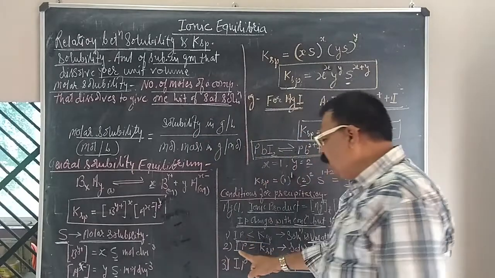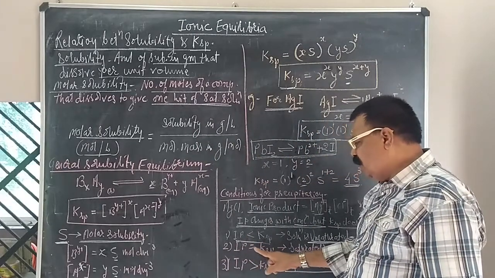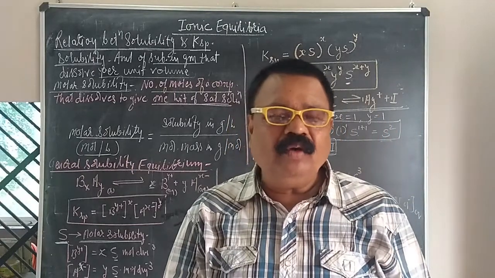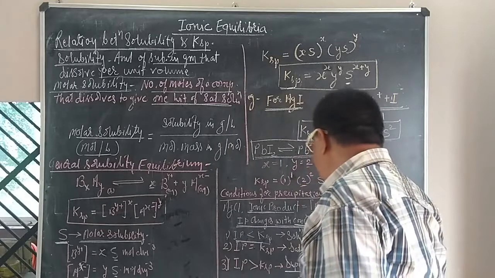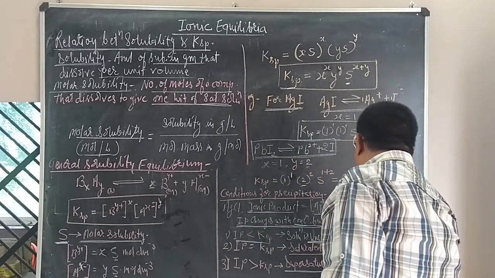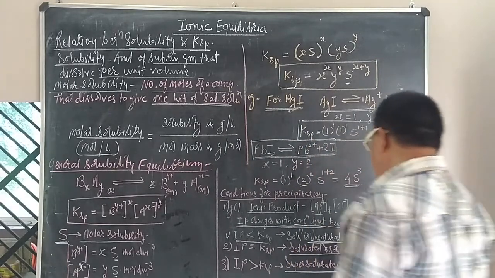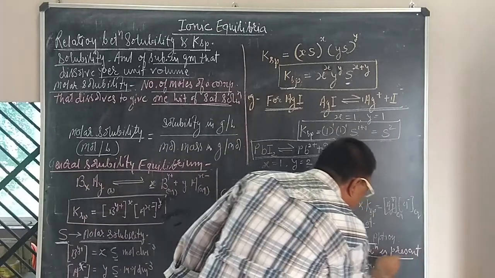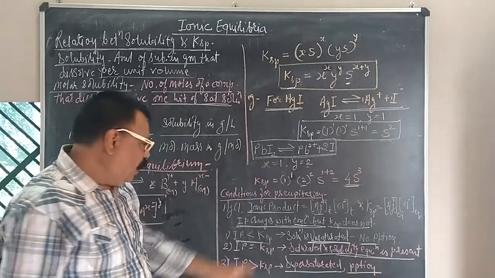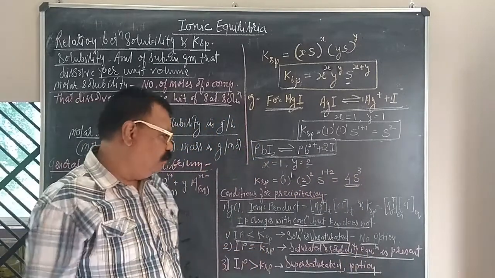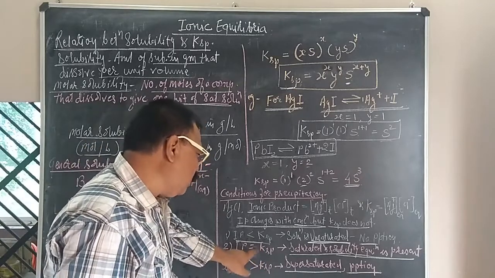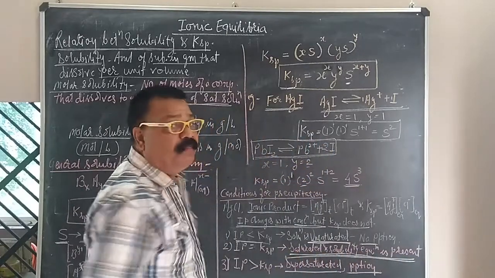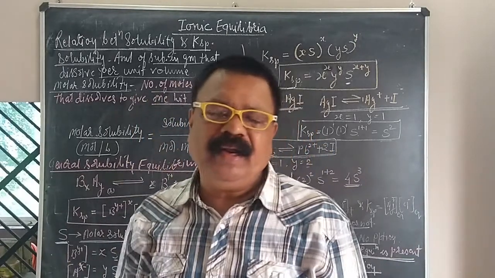And if the value of the ionization, that is the ionic product, is exactly equal to the KSP, if the ionic product is exactly equal to the solubility product, then the solution becomes the saturated solution, and that is the equation and the solubility equilibrium that will be present over here. बराबर है? यहाँ पे देखिए, that is at the equilibrium. The solution becomes saturated and the solubility equilibrium is present over here. It's a very important solubility equilibrium that is to be maintained.